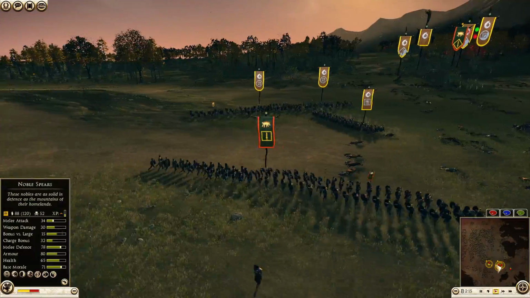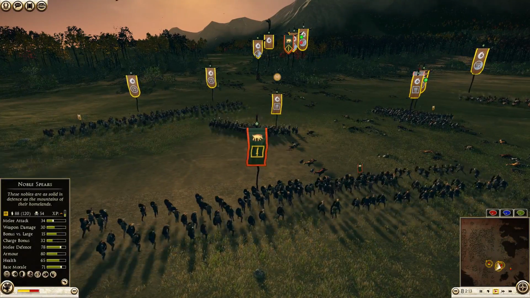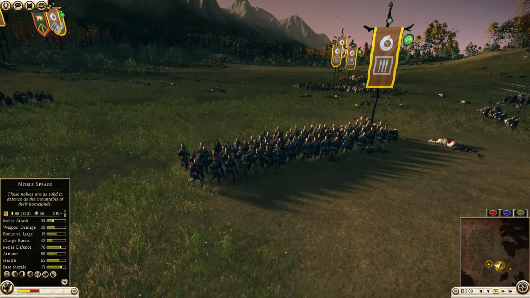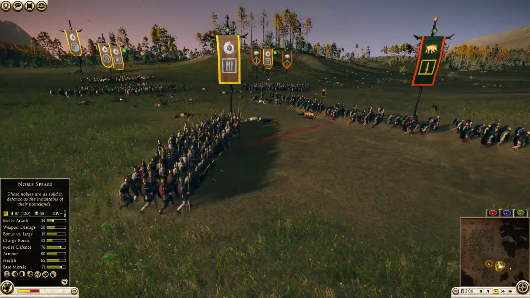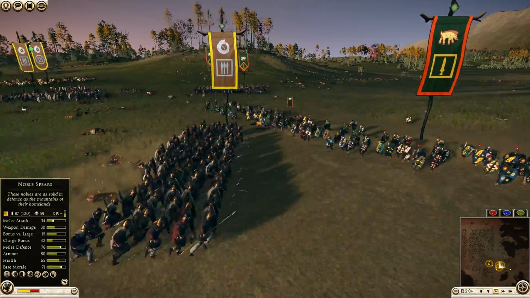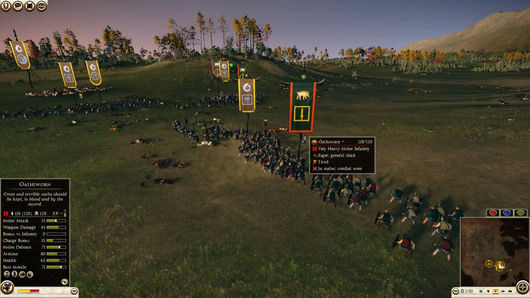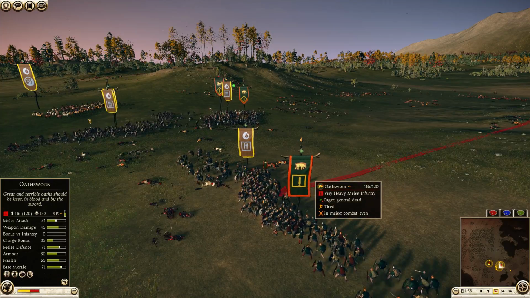Now, his extra unit of Oathsworn is going to try and attack these Dacian heavy skirmishers. I have to protect them as much as possible. So I've brought the extra unit of noble spears that I had, and I've put them in shield wall. He was about to run away, so instead of that, I just pinned him in place, or pinned his Oathsword in place,